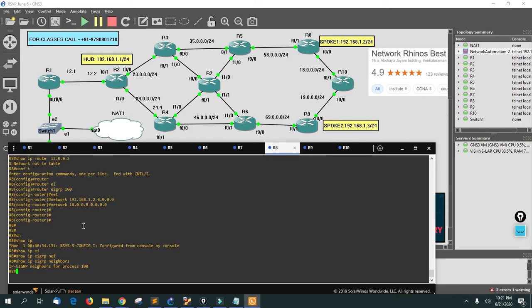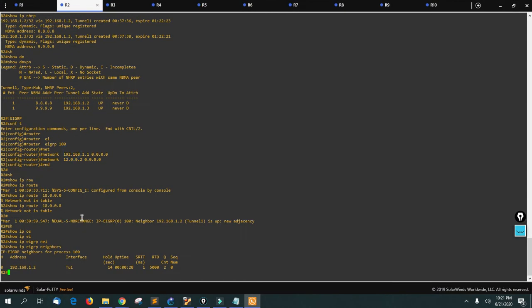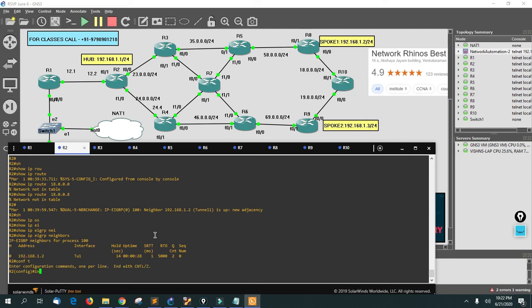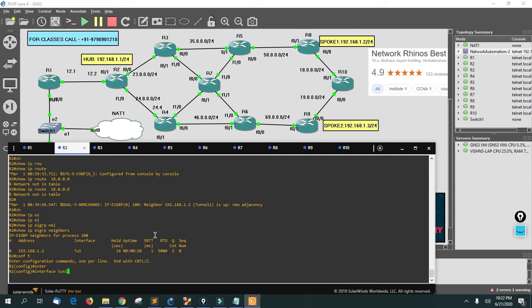The main reason behind this is that R2 is not allowing the multicast IP address from 8.8.8.8. That's a problem, so let's fix that. I'll go into configure terminal, interface tunnel 1.